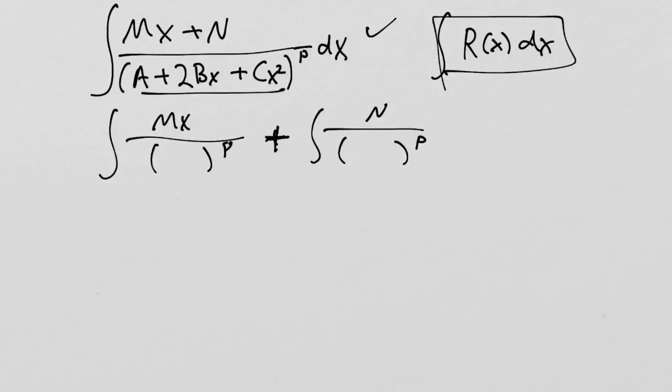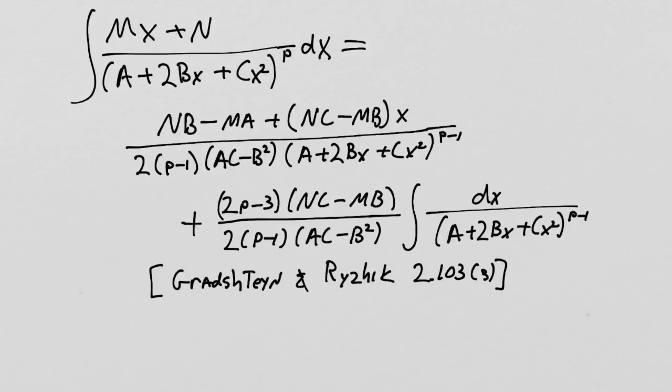So let me just start by writing down the answer. I can look this integral up in a table and give it to you, which I'll do now. And here it is. Notice that the polynomial in the denominator is defined with a 2b there, a 2bx. There's a good reason for that. It just simplifies things. The form I've used, with all the notation, is identical to the canonical reference, Gradshteyn and Ryzhik, which is a table of integrals, series, and products. It's number 2.103, equation 3. And this is called a reduction formula,